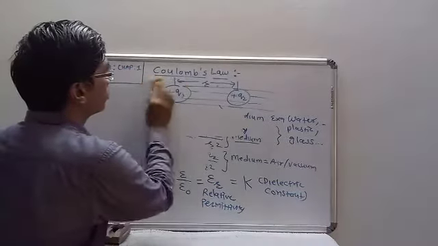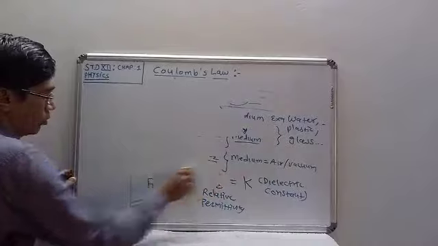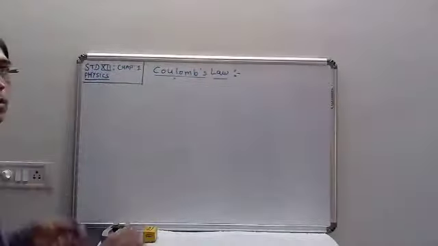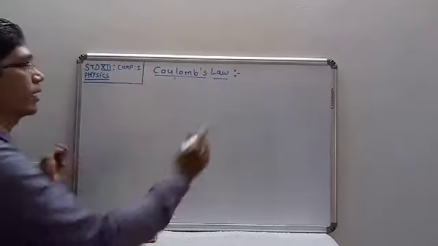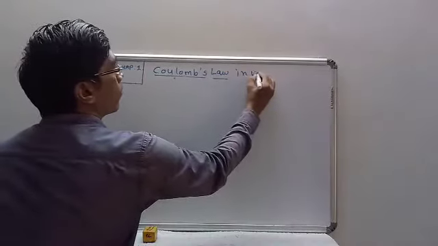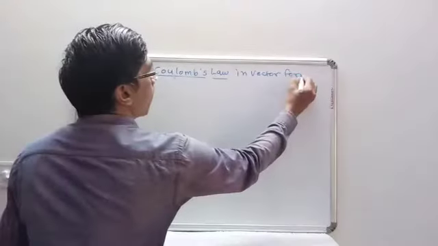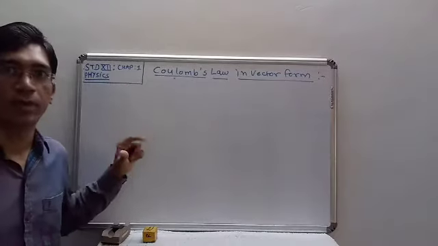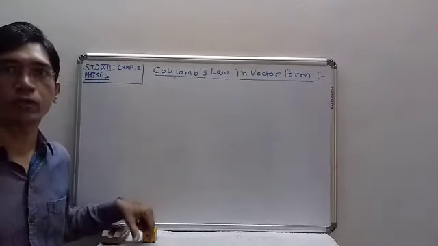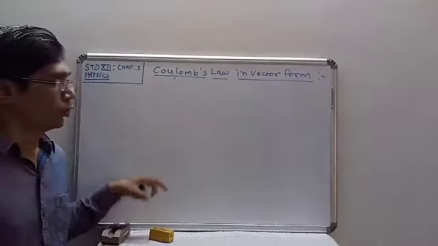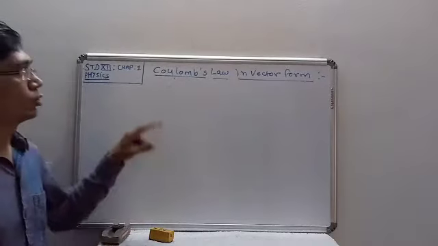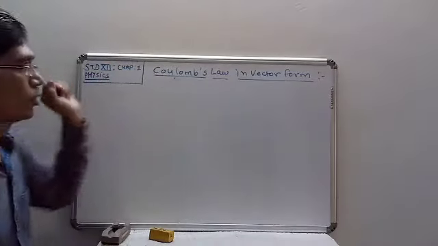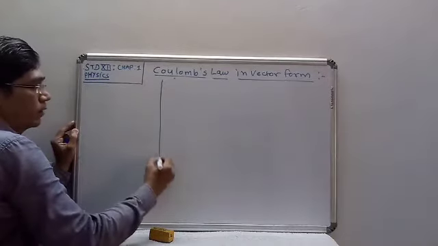Now we are taking Coulomb's law in the vector form. See, here we are taking the force, the electric force. It may be an attractive force or a repulsive force due to the polarity of the charges. So the force is a vector quantity. That's why we are taking Coulomb's law in vector form. So for that, let us consider